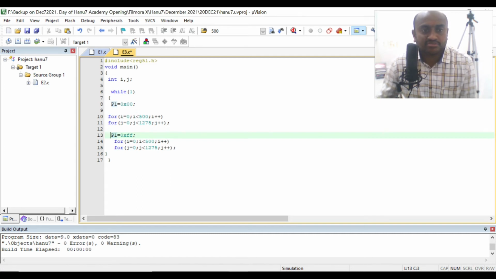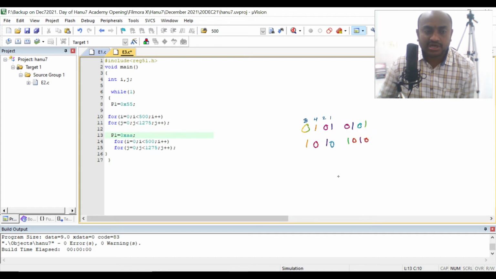Now, the same program, but I will choose a different blinking pattern. I will write 5 and then its opposite value. The opposite value of 5 is A. In binary, the equivalent of 5 is 0101, and the opposite of that is 1010.